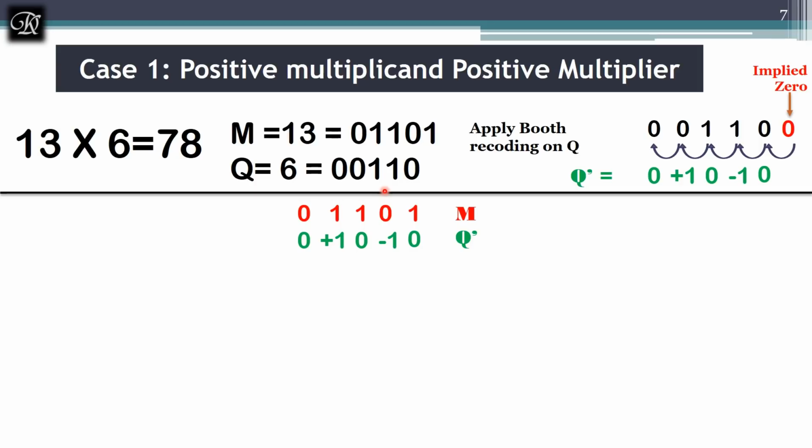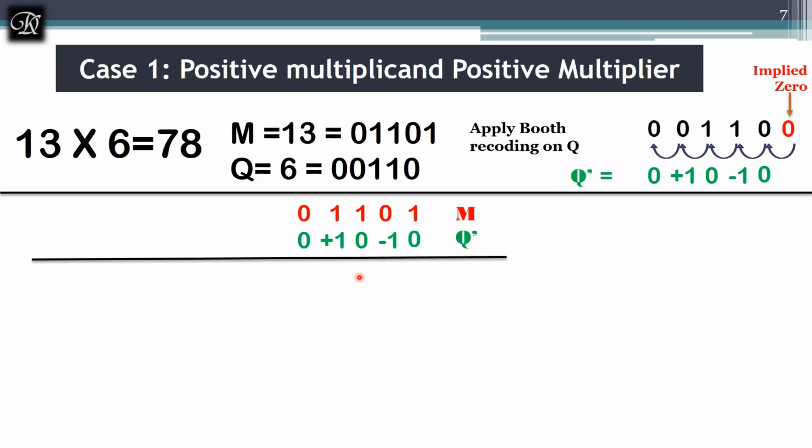Let's take up M. M is as it is. Q is changed now. I call it Q dash. Let's start multiplication. So first, I'm going to multiply M with 0. Here, you have to see how many bits the number has. You can count the bits, like 1, 2, 3, 4, 5. It is having 5 bits. Even they should have the same. So now my answer should be 2n bits. Each partial product, whatever I write over here, should be 2n bits. It means it should have 10 bits.